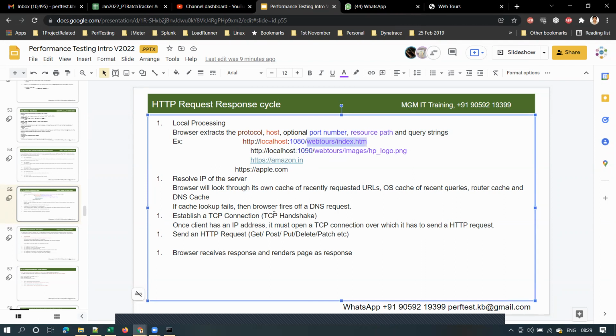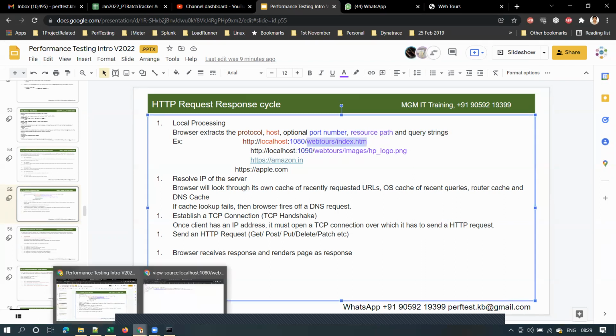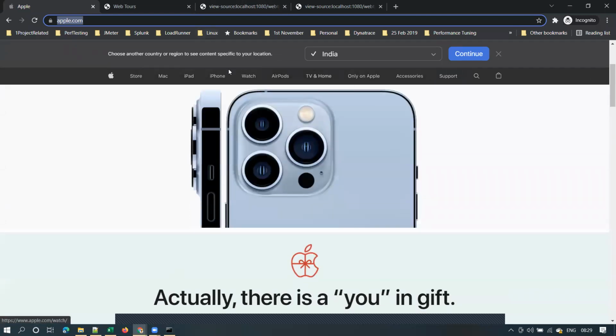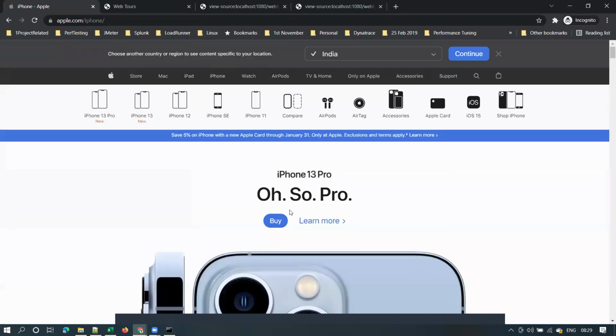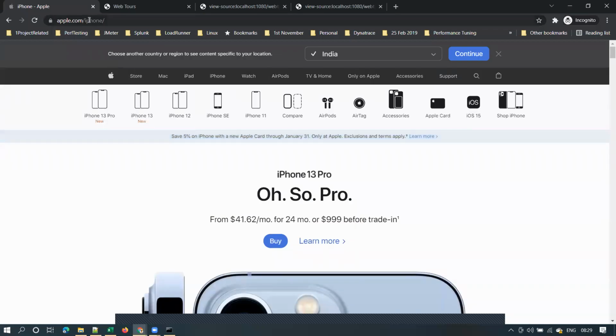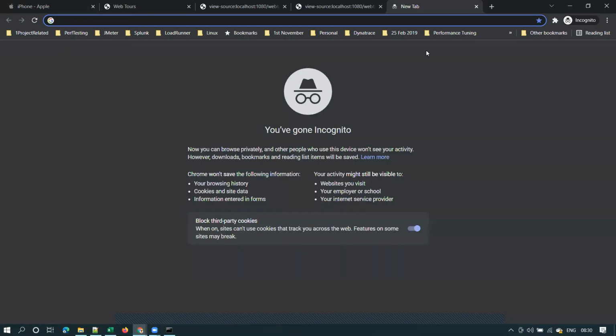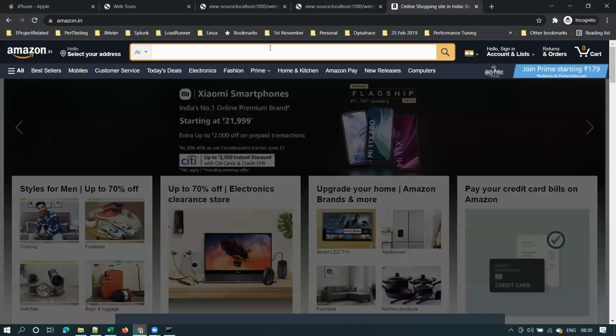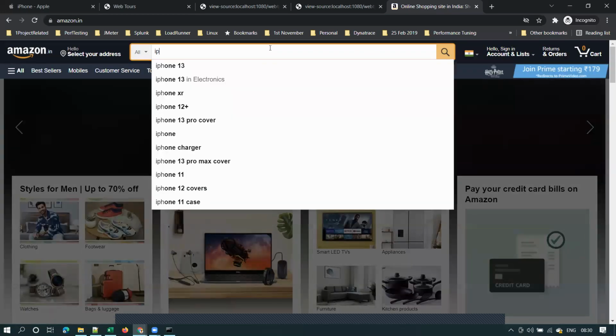Now, let's take the Amazon example or Apple.com example. Let me search for some product. Right. So this is the resource path here, isn't it? Let me take some Amazon or Flipkart example where I can show you the search.